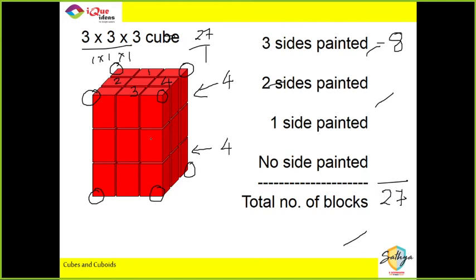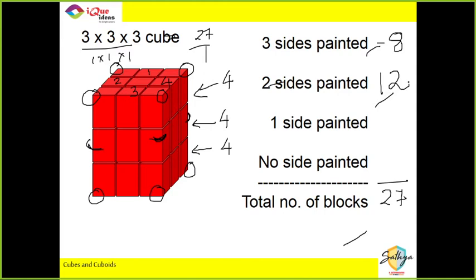And in the middle layer we look at the edges. So every time in the middle layer, by default there are always 4 pieces in the edge. So total there are 12 pieces with 2 sides painted. Did you understand this? You count for the top and bottom and you take 4 for every middle layer. So 2 sides painted can easily be counted like that. Yashvi, got that?